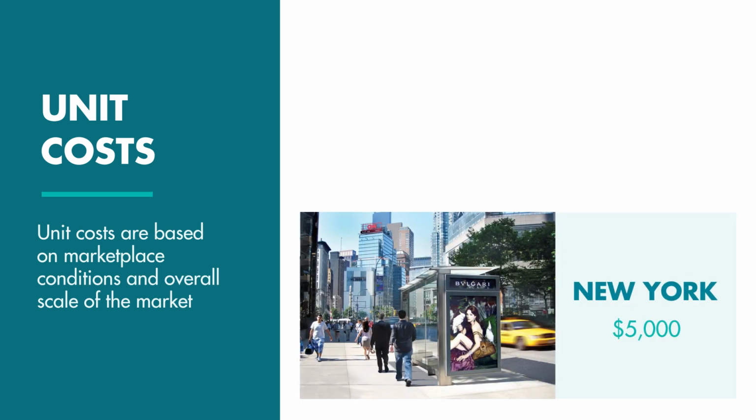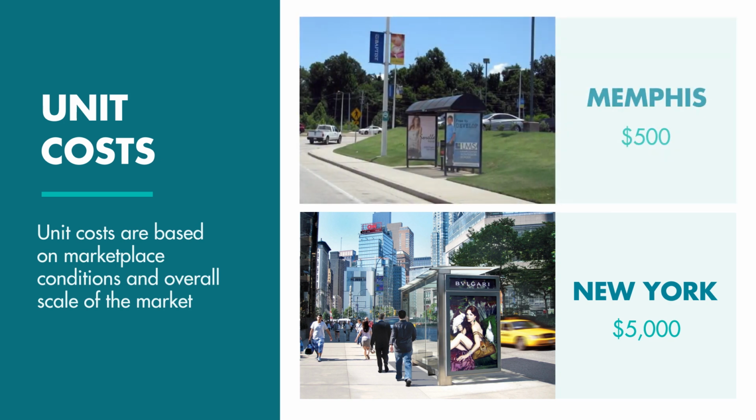Unit cost is straightforward and refers to the actual cost of buying a unit. Unit costs are based on marketplace conditions such as supply and demand and overall scale of the market. For example, a bus shelter in a larger market like LA or New York may command a $5,000 per unit cost, whereas in a smaller market such as Memphis, Tennessee, a bus shelter may have a lower per unit cost